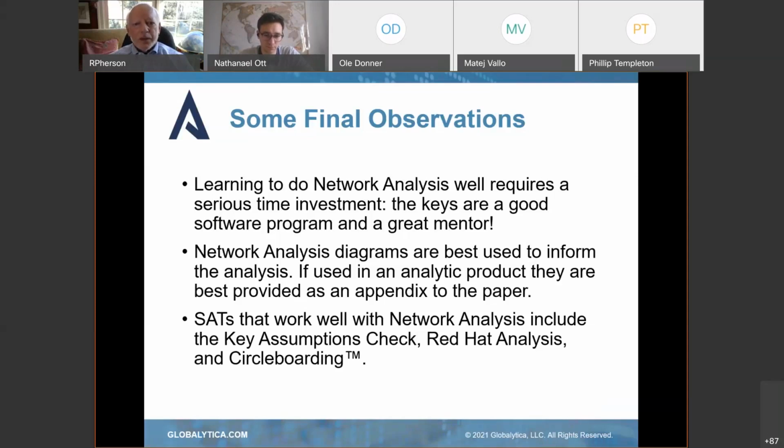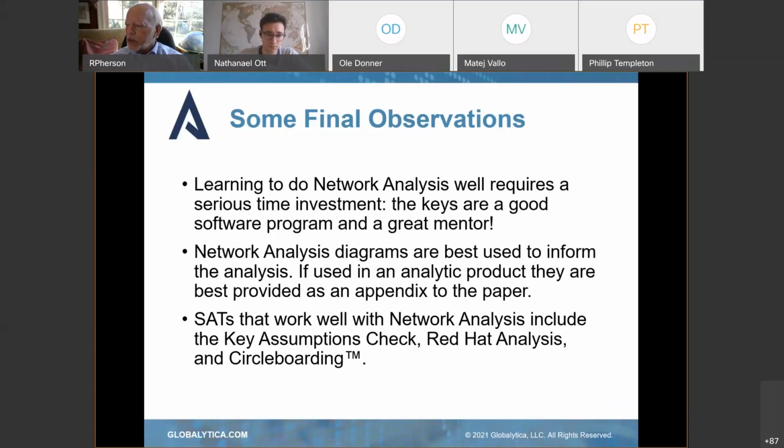Next point, you are really trying to inform the analysis, but these tools are not the analysis. We have the same issue when I talk to people about using ACH or even a key assumptions check. That's all very valuable, but it's not the analysis itself. These are all thinking tools. They're thinking aids. They help you look at what's going on. But if you're not directly involved in the process, looking at what is important to do and how to process it, asking yourself critical questions and processing it very carefully, independently of the software and independently of the networks, then you're going to get yourself in trouble.